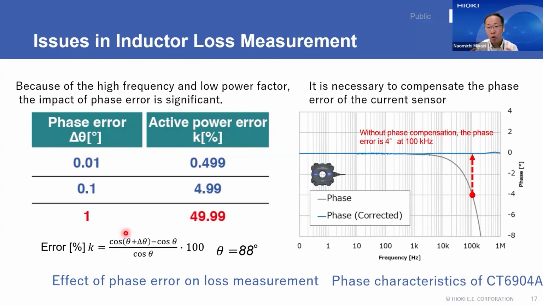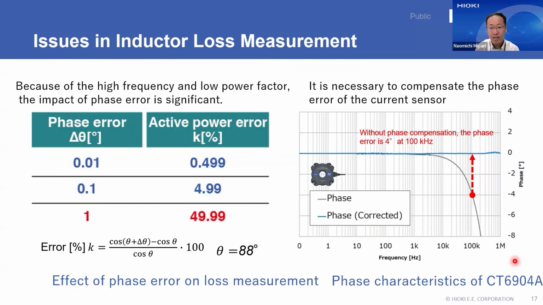loss. Therefore, for accurate measurement of power at the switching frequency and its harmonics, it's essential to have not only flat amplitude characteristics on current sensors and power analyzers, but also flat phase characteristics over a wide frequency range. In general, current sensors tend to exhibit increasing phase error at high frequencies due to the characteristics of their magnetic cores and circuits. To address this, it's important to